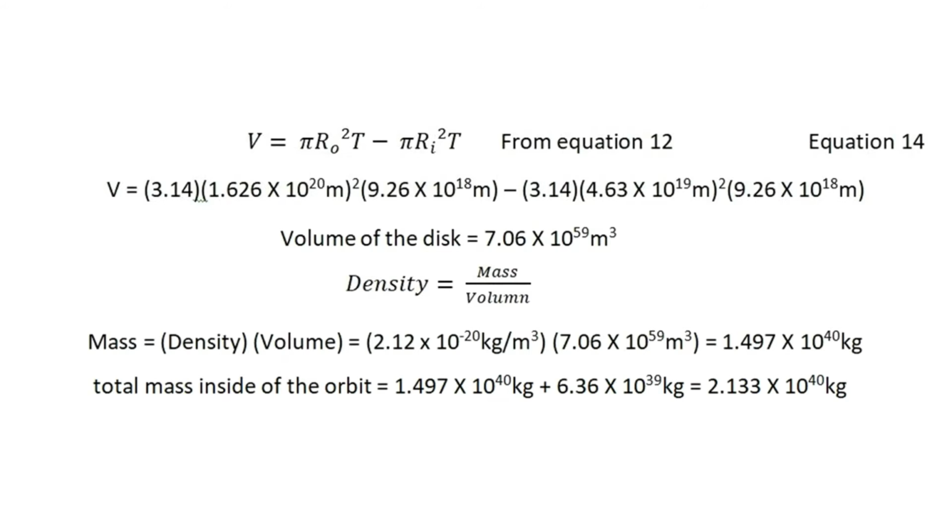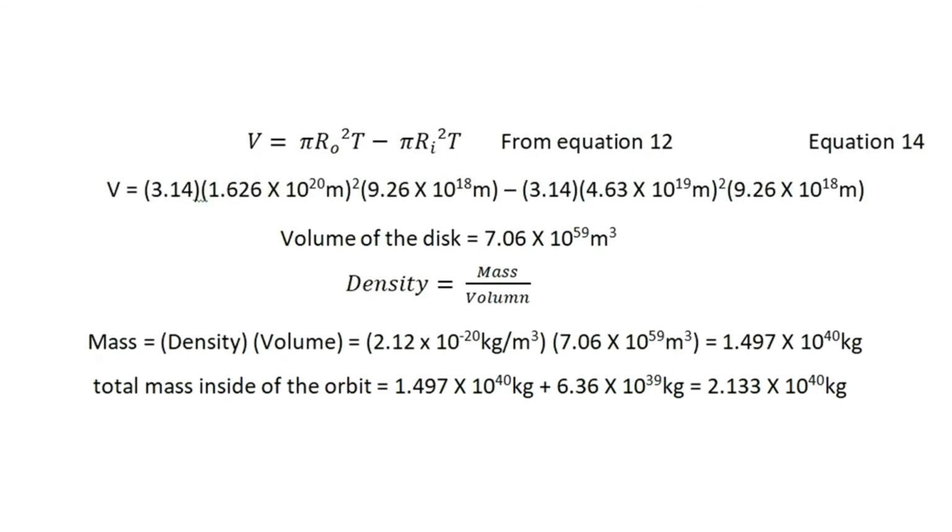Substituting all this information into equation 14 gives us a volume of the disk inside the orbit of the star, and that volume would be 7.06 times 10 to the 59th cubic meters. If we take this volume and the density of the disk and substitute it into equation 13, this allows us to calculate the mass of the disk inside the stellar orbit, and that turns out to be 1.497 times 10